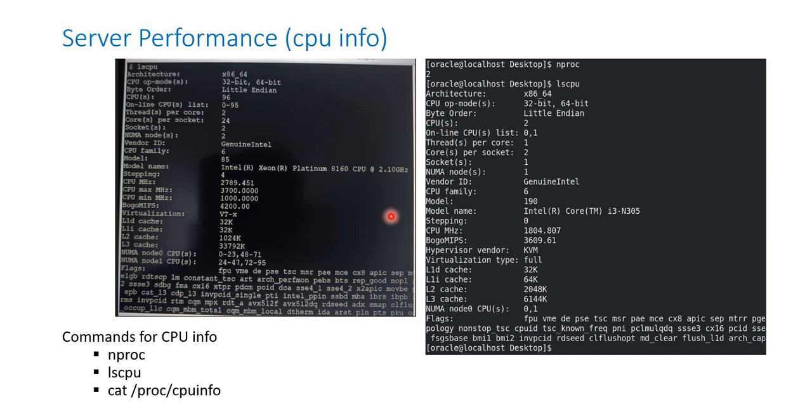This is one example of an accelerator machine. Here you can see there are two sockets. Each socket has 24 CPU cores, and each core has two threads. That means 2 into 24 into 2, that is 96 CPUs. So that means the server can work on 96 tasks at a time if it is 100% utilized. If one task is not utilizing 100% of the CPU, then it can work on more,